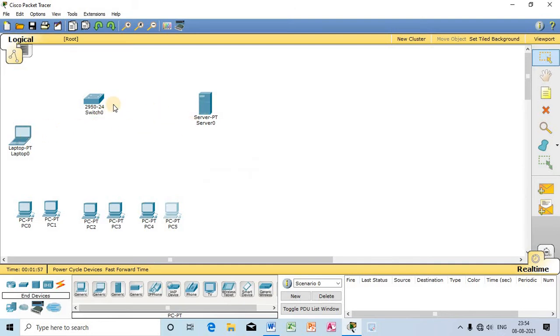for configuring this switch. As I have already explained in part 1 and part 2 of the VLAN lecture, here is the connection tab. Under this tab we have this number of cables. To configure a switch or any device, we need to use this console cable.